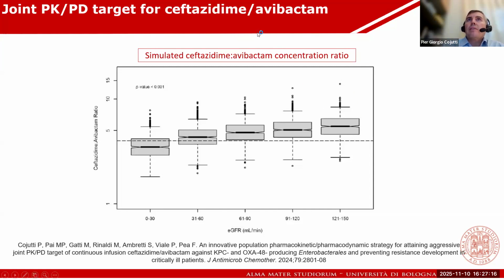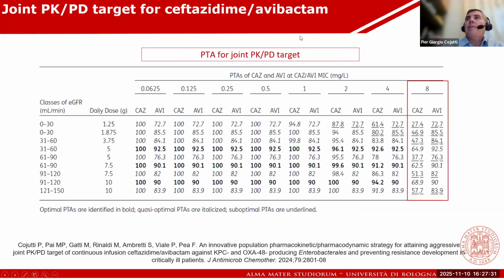So the problem with ceftazidime-avibactam, and also for piperacillin-tazobactam, is that for achieving a proper treatment, TDM may be helpful in order to address even the concentration of ceftazidime and avibactam. And you can see here from a recent population PK analysis that we did that at the clinical breakpoint of Enterobacterales against ceftazidime-avibactam, which is 8 milligram per liter, on the right-hand side of the slide in the red box,